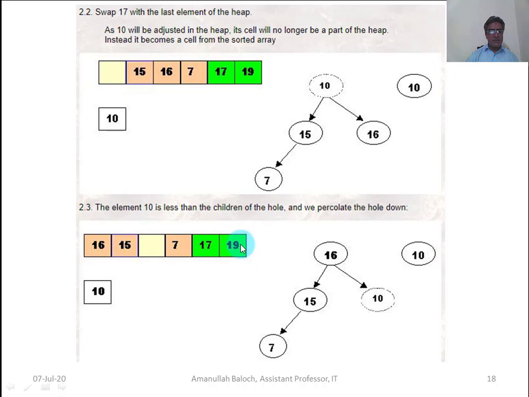This was the largest element, this was the second largest element, and in this way it will go to index number 1 and sort the other elements of the heap.